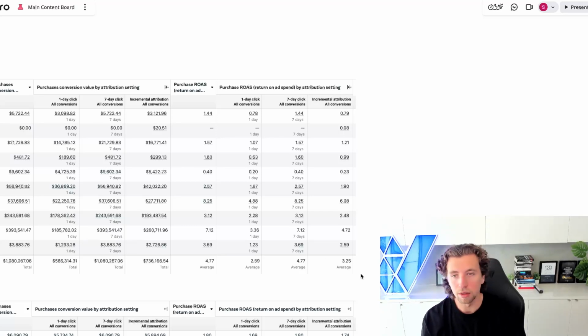But once we go to incremental, it says 3.25. And so this is interesting. It just gives us another data point to provide us with clarity as to whether these campaigns are incremental or not. It gets even more interesting once you look at a campaign by campaign level and you start to identify where